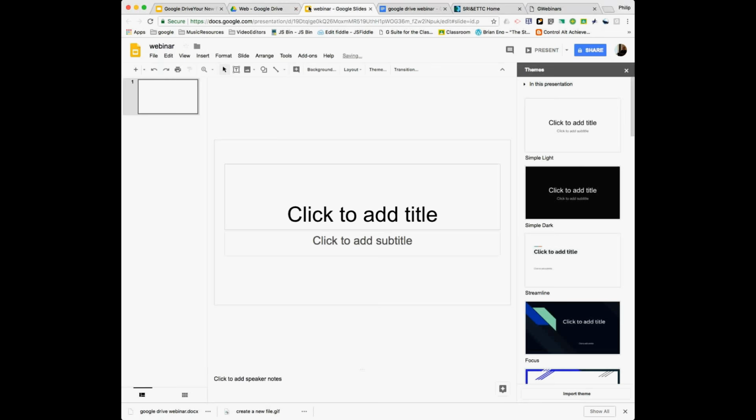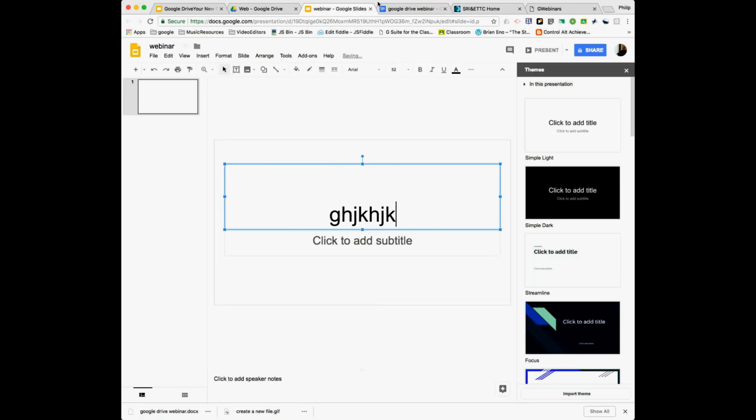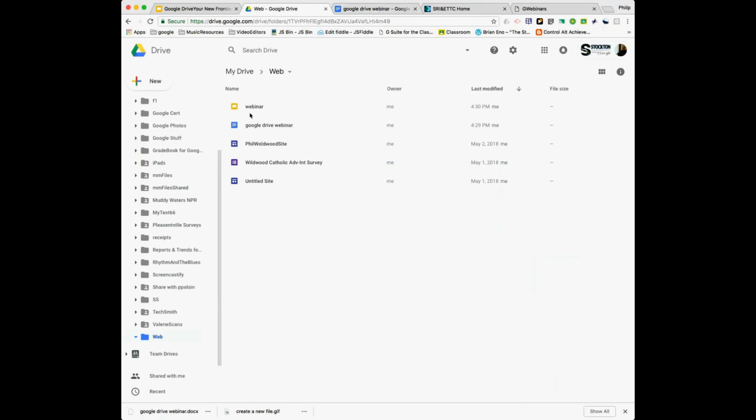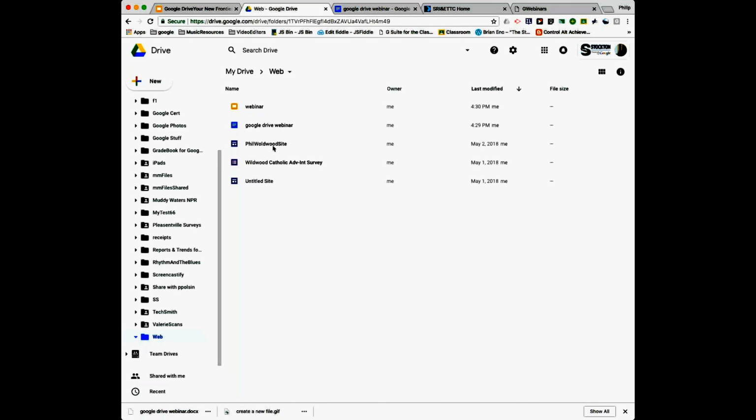It's going to automatically, I'm just going to close this. By the way, when you are working in Google, you close something, it automatically saves it no matter what. It's impossible not to have it saved. Notice that because I was in that folder when I made that document, it places it right in the folder that I'm in,